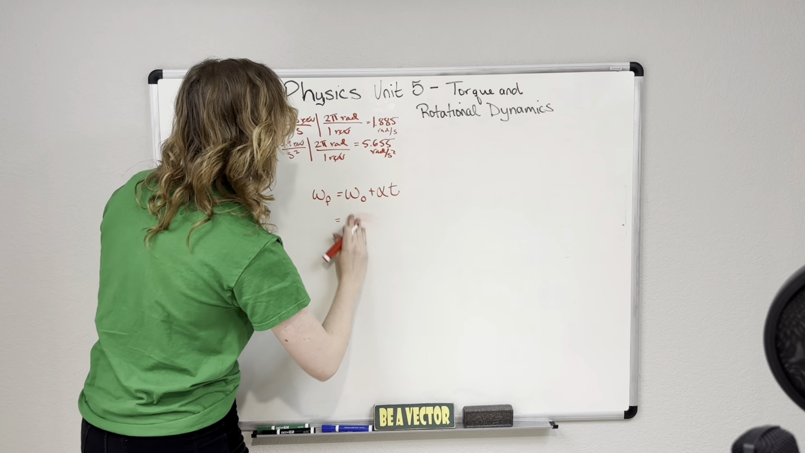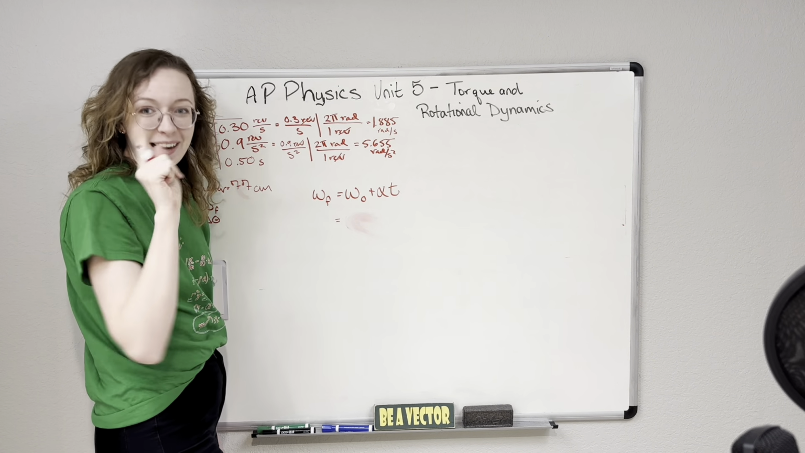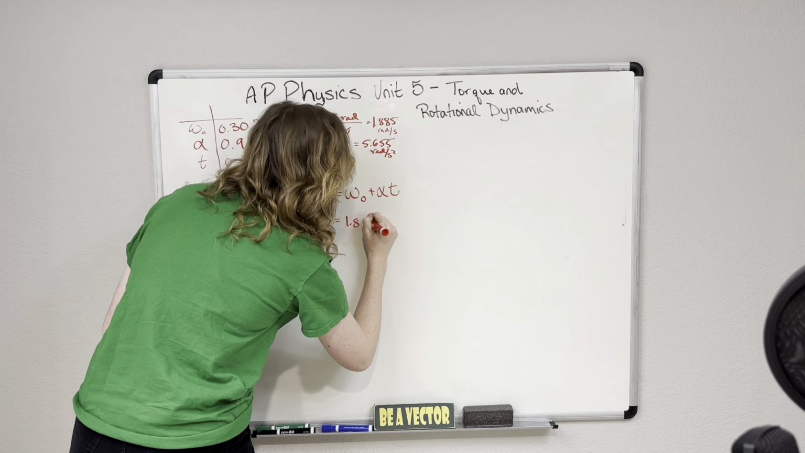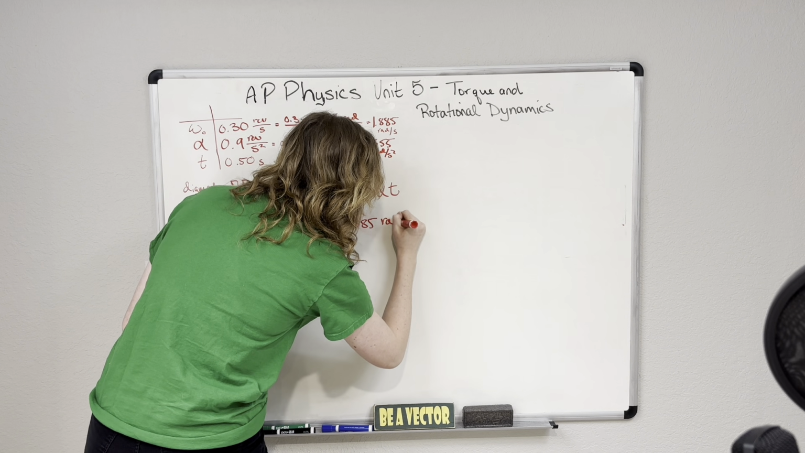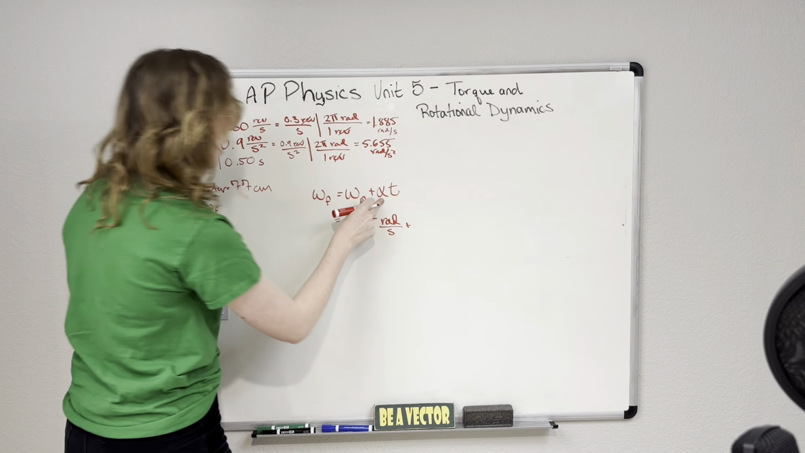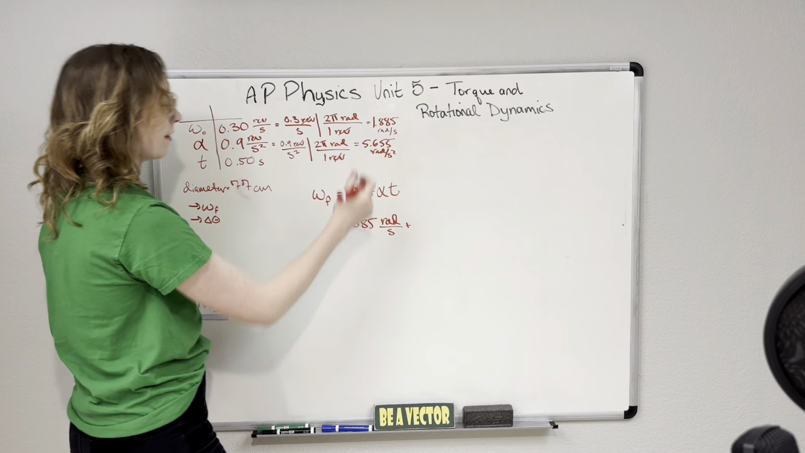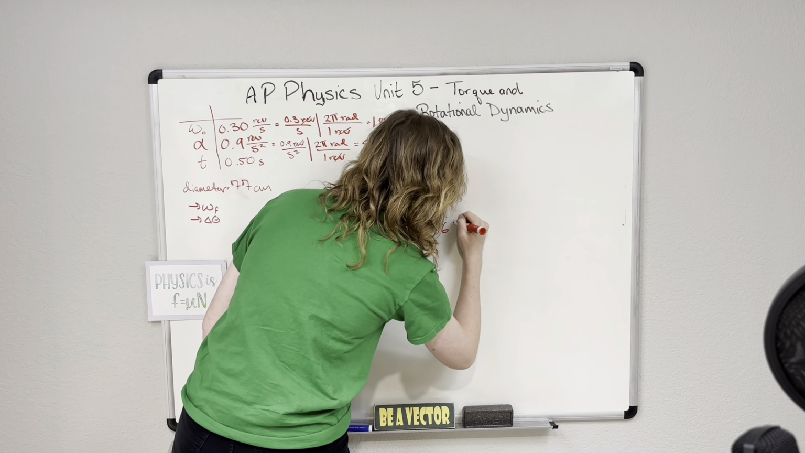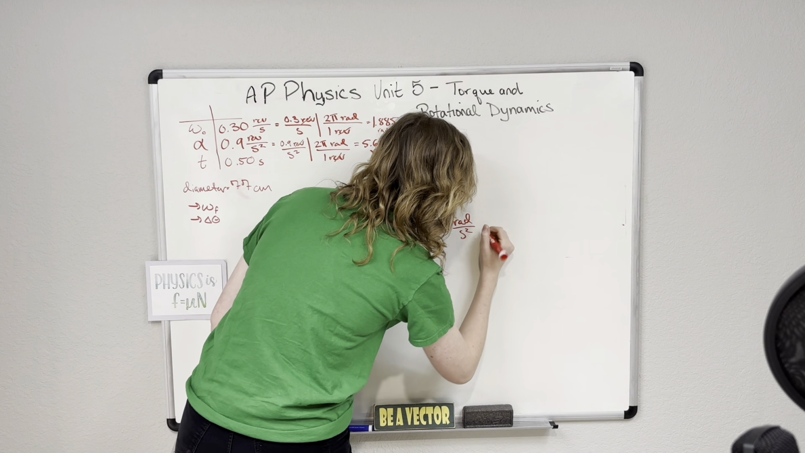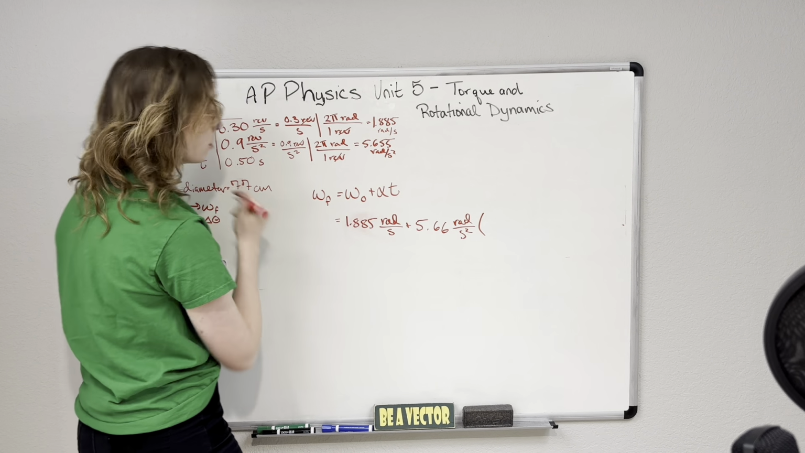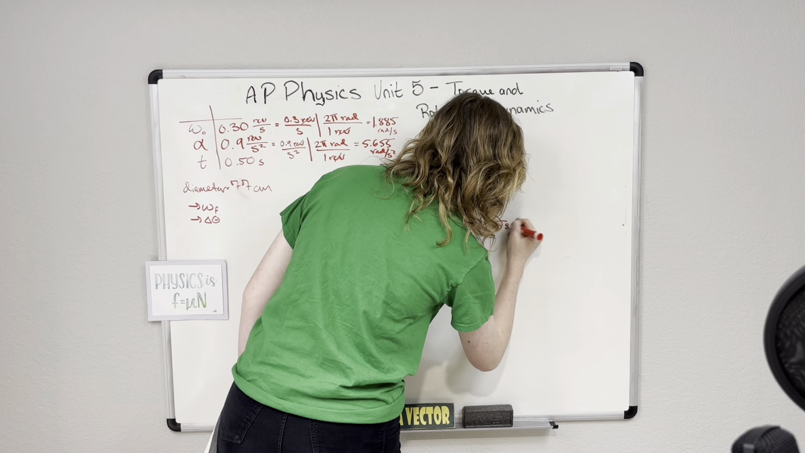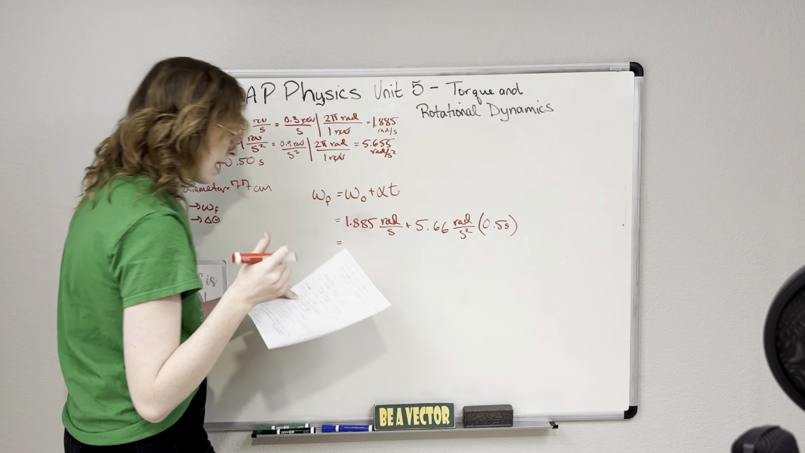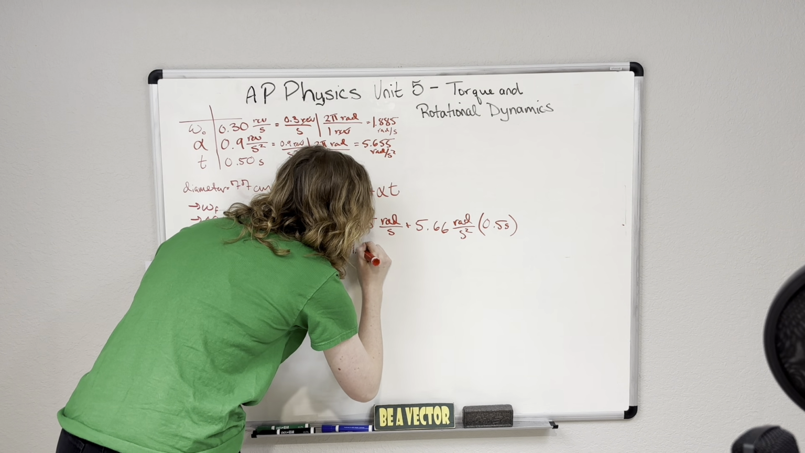So my initial velocity is 0.30. Oh, oops, sorry. 1.885 radians per second. We need to make sure we use the ones with the correct units. Don't make that mistake. So this is 1.885 radians per second plus my angular acceleration, which is 5.655. I'm going to round a little bit, 5.66 radians per second squared, times my time, which is 0.5 seconds. So now if I plug all of that into my calculator and solve, I end up finding that my final velocity is 4.71